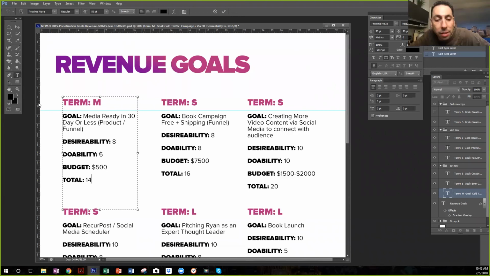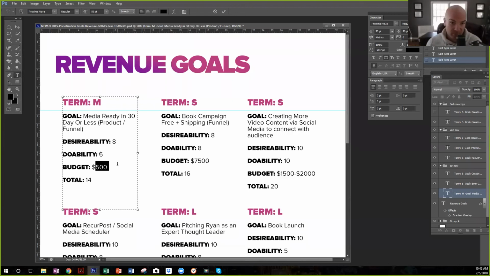Because I'm thinking then it just needs to be promoted correctly. Right. So some of it's Facebook, but some of it is partnering with people who could put it in front of their audience. Say you had to build the funnel out, say you had to get it built. What's your budget for it? I think we said it in the last one, which is like $2,000, plus $1,000 ad spend. Oh, right. Ad spend.